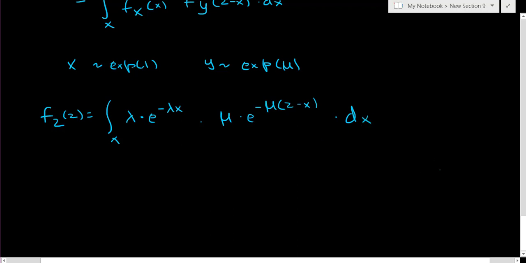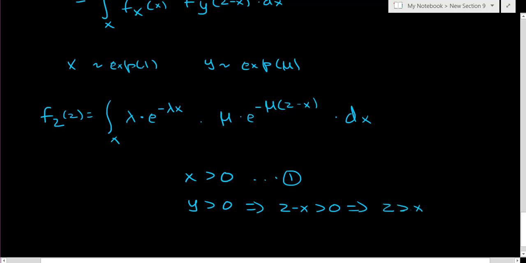Okay, defining the range of this again. Now we have got two conditions: x is greater than 0, and y is greater than 0. This implies that z minus x is greater than 0, which implies that z is greater than x. So basically x goes from 0 to z, that is, x is greater than 0 but less than